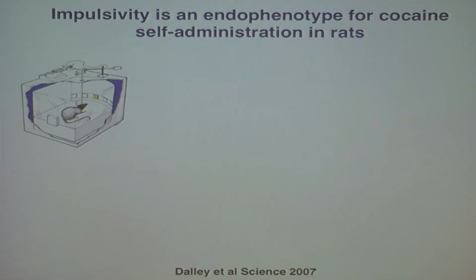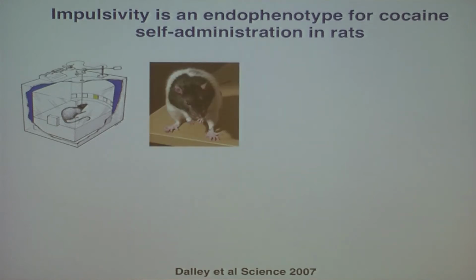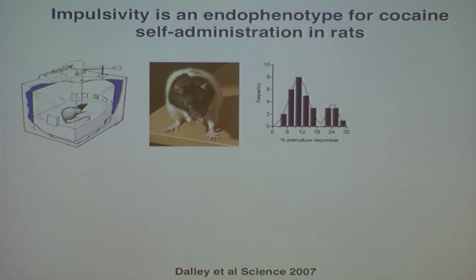If it responds prematurely, it's punished by being plunged into darkness for a few seconds before it can reinitiate the next trial. And the hooded rat, this is Zippy, one of our hooded rats, shows a very interesting bimodal distribution whereby some of these rats are very impulsive. They show a good deal of this premature behaviour, which is maladaptive. And you have about 10% of them in this large population showing this persistent impulsive behaviour, which is maladaptive because